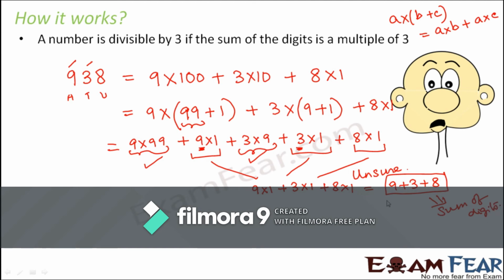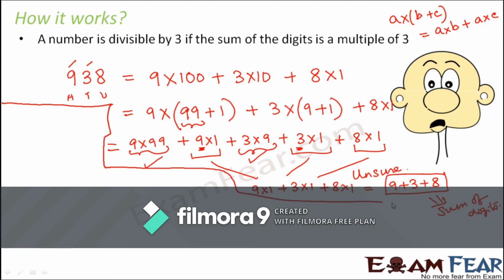So basically, which is that part for which we are not sure if that is divisible by 3 or not? It is the sum of the digits, and that is why our rule says that if you have proved that the sum of the digits is divisible by 3, that means the entire number will be divisible by 3, because that is the only part which you are not sure about. So we only need to check for this part, if this part is divisible by 3 or not. So this was a simpler number that we had considered.